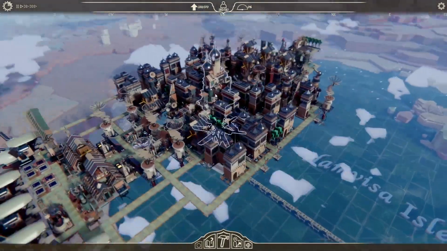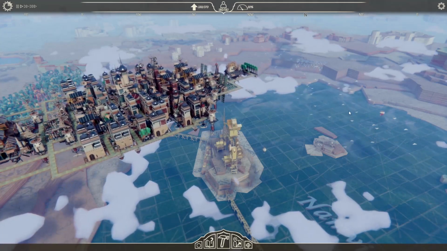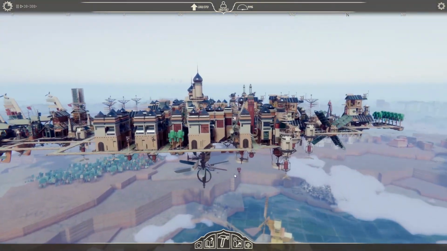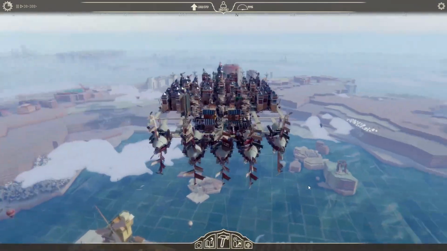Oh, the music is lovely too in this game. Right, so let's go ahead and go forward and see if we can tell our city to move. There we go. Right-clicking allows you to move forward. So you can see our city's pretty well balanced. There's a little bit more weight in the back because of all the little fins and engines and such that